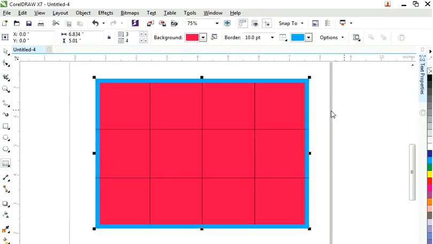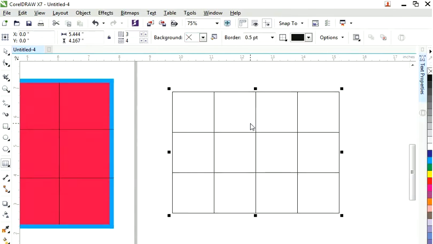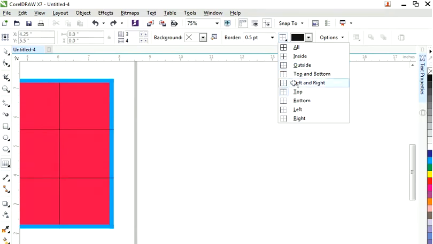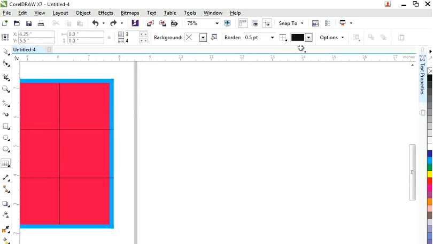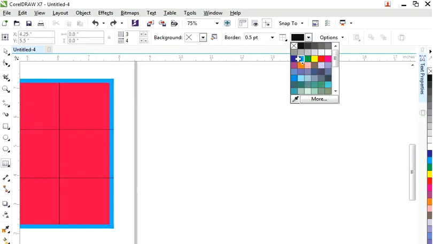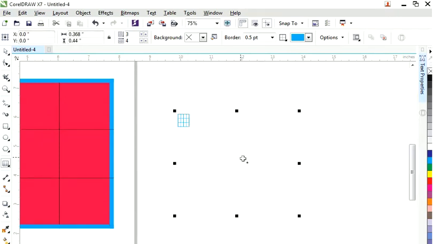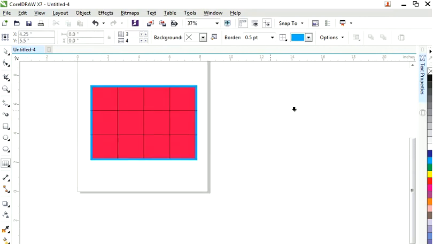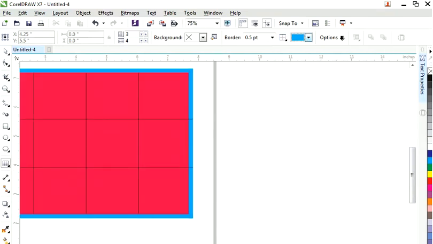So I say, okay, I just want the color to be changed at the top. I didn't select the first, so I will just go and say top, and the color is blue. You can see here the color of my top has been changed. So whenever I want to change the outline color, I simply go to the top, select any of them, and choose my color.